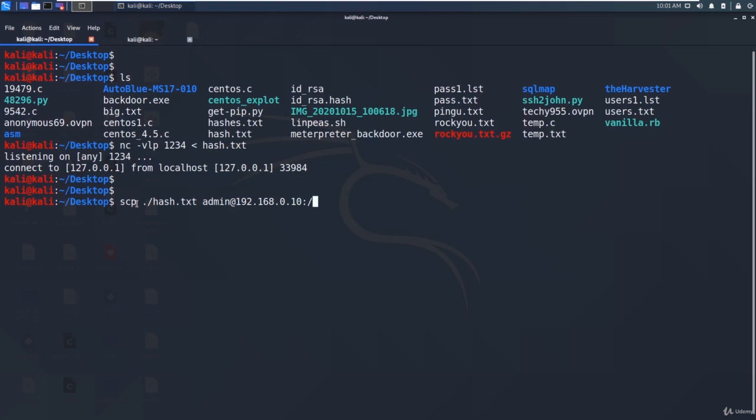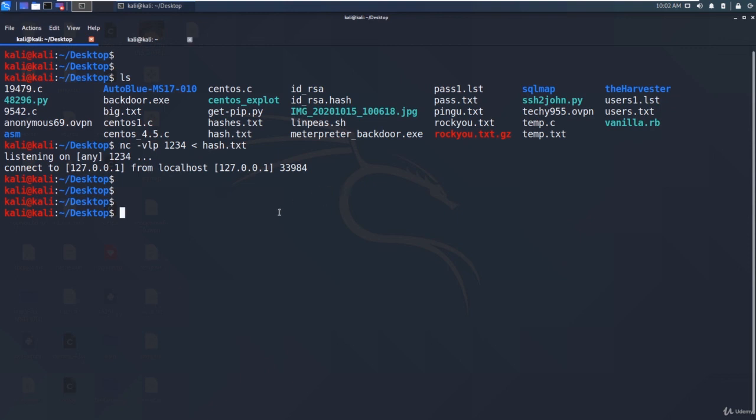SCP stands for secure copy, and we are copying hash.txt from our own Linux machine to the admin account on the victim machine. It will ask for the password, and if you have the SSH login credentials, you can successfully transfer the files. All of these come under post exploitation after you get the basic shell.